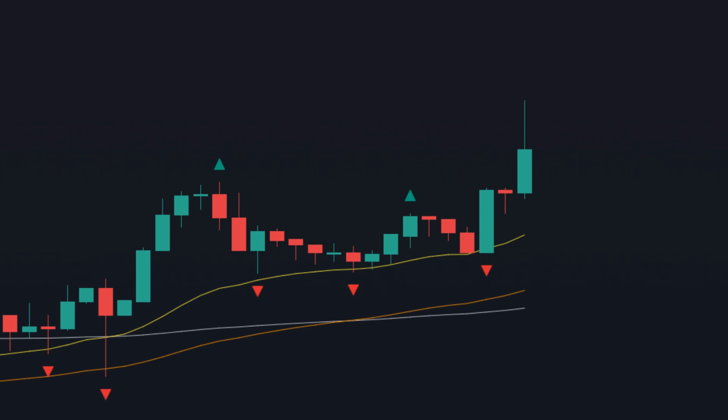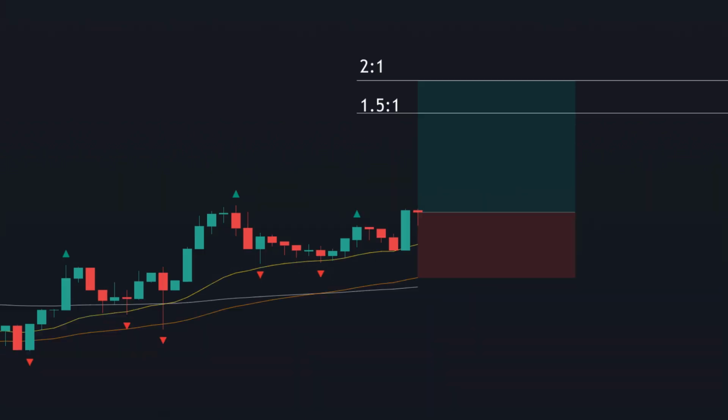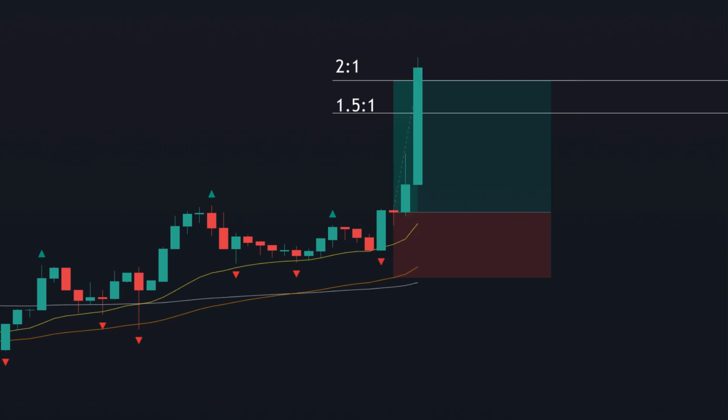As a reminder, we have 2 options to place our stop. The first is the candle where the fractal appears is above 55 EMA. We place our stop at the 144 EMA. Or, if the candle where the fractal appears is below the 55 EMA, then we place our stop at the 55 EMA. So in this setup, we're going to use the 55. So our profit target here will be 1.5 to 1 and 2 to 1. Let's see how this plays out. And this one hits 2 to 1.